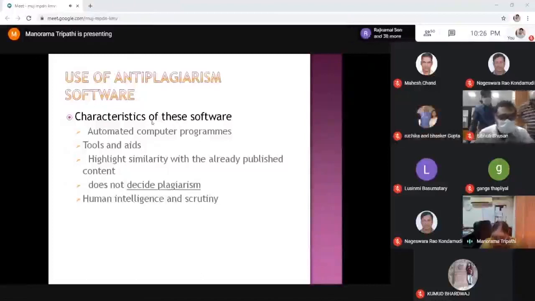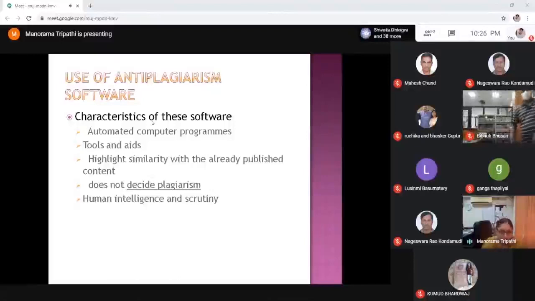And it's very important for you to know that sometimes the document which you upload is, as it happens in Turnitin, deposited in the system's repository. For that, you will have to write to the administrator to get it removed from the repository. And other features are more or less the same. I request all of you to make use of this facility, and in case of any problem, please share with library staff. So with this, I end.